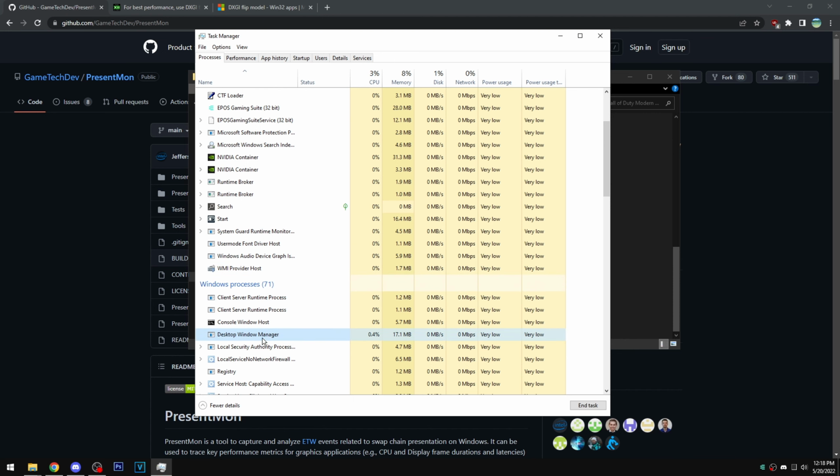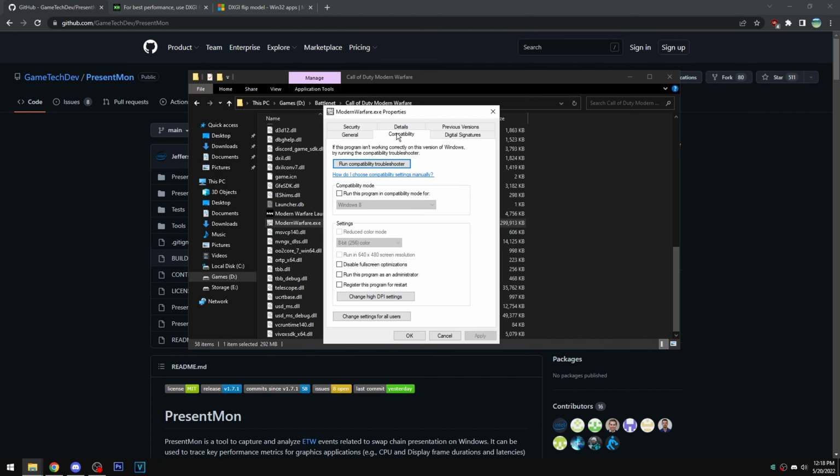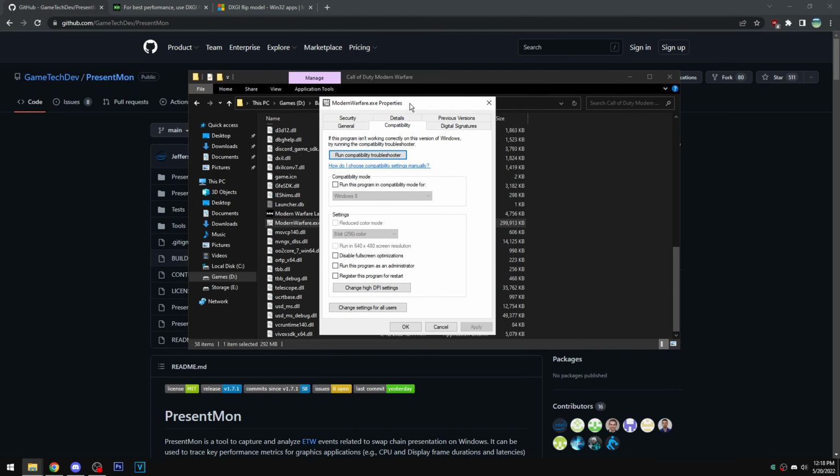Yeah, here it is, Desktop Window Manager. I closed it, but yeah, DWM. Exclusive full screen allows only DirectX 11 games, keep that in mind, to be displayed in front of